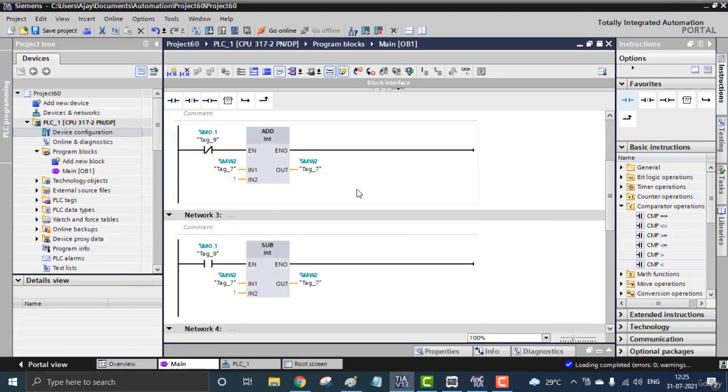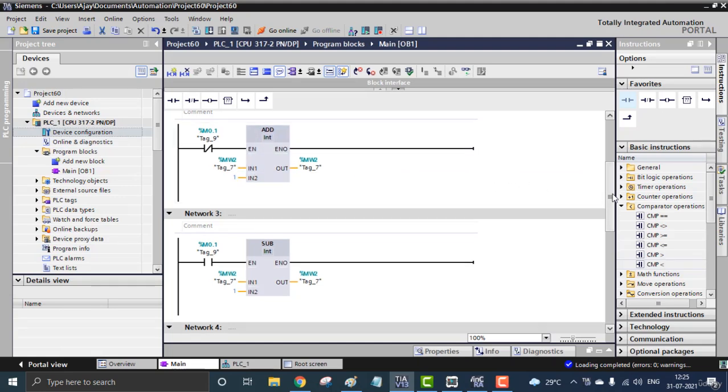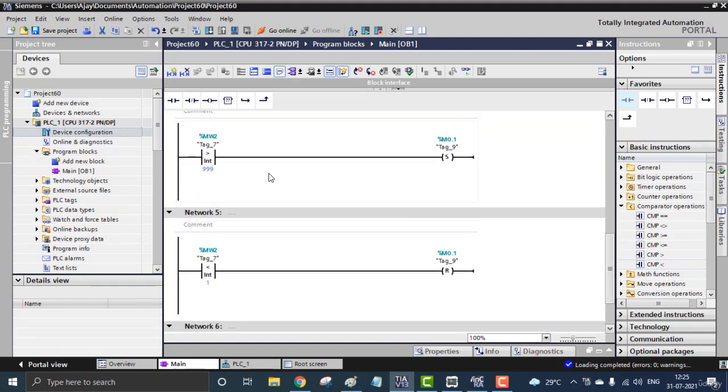Let me explain. This addition block is working on the basis of the two other rungs where we have two comparison blocks. If MW2 goes above 999, that is a greater than comparison block, that means if it is above 1000, M01, another virtual memory, will be set.